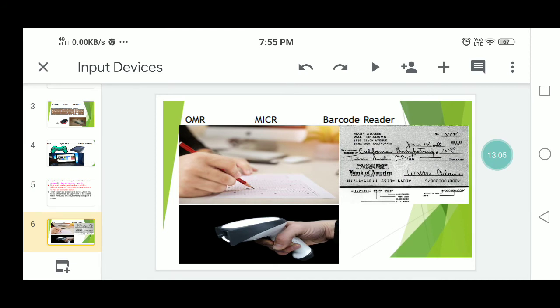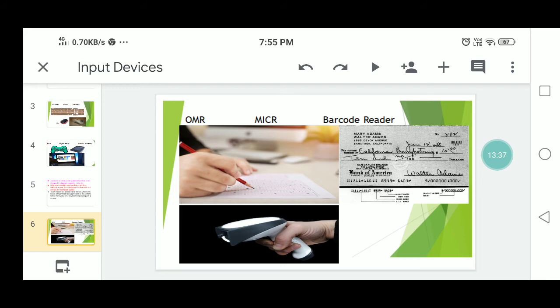The next is OMR, optical mark reader. Optical mark readers are basically used for checking the results of multiple choice tests. The answers are marked on a special pre-printed test scoring sheet. By darkening a small square or circle with a pen or pencil, you indicate the correct answer.